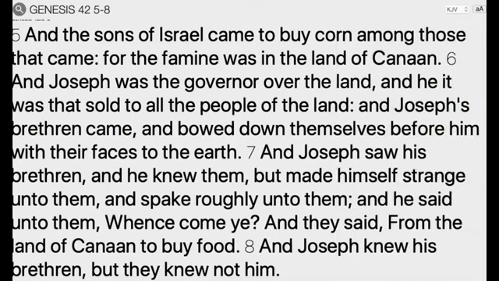So basically, in this passage over here in Genesis chapter 42, this is the story of Joseph, who was sold by his brothers at an early age into slavery, and he ended up in Egypt as a governor. And one day there was a famine in the land of Canaan, which is the land of Israel, and they went over to Egypt to fetch some food because of the famine. And when they got there, Joseph recognized his brothers, but his brothers couldn't recognize him.